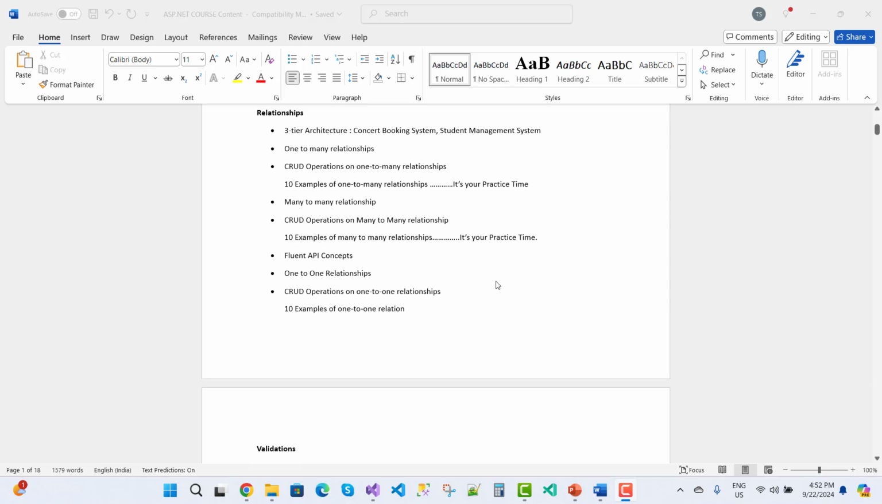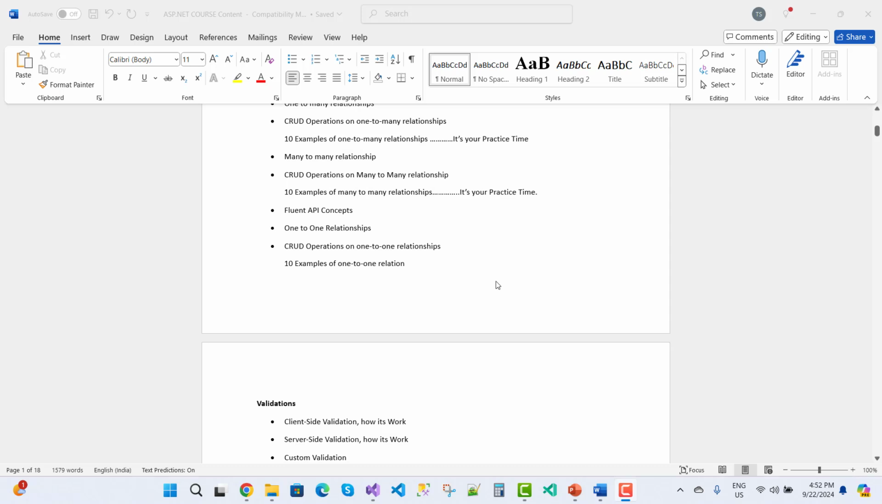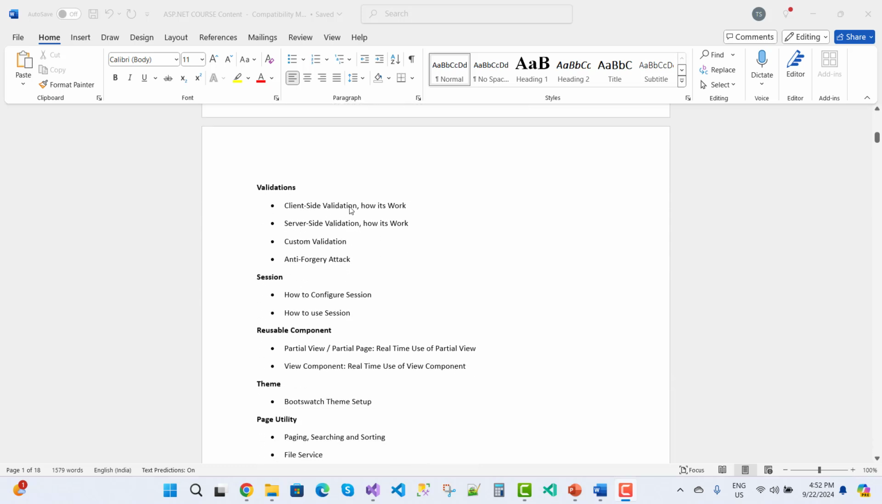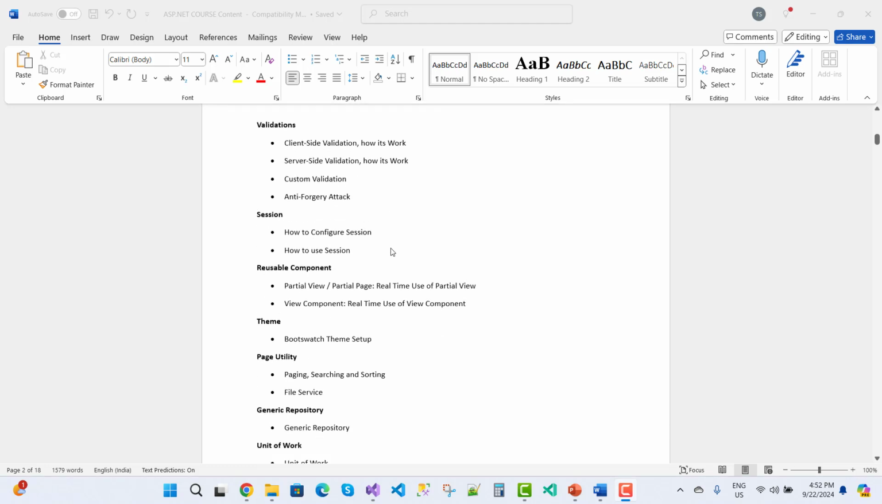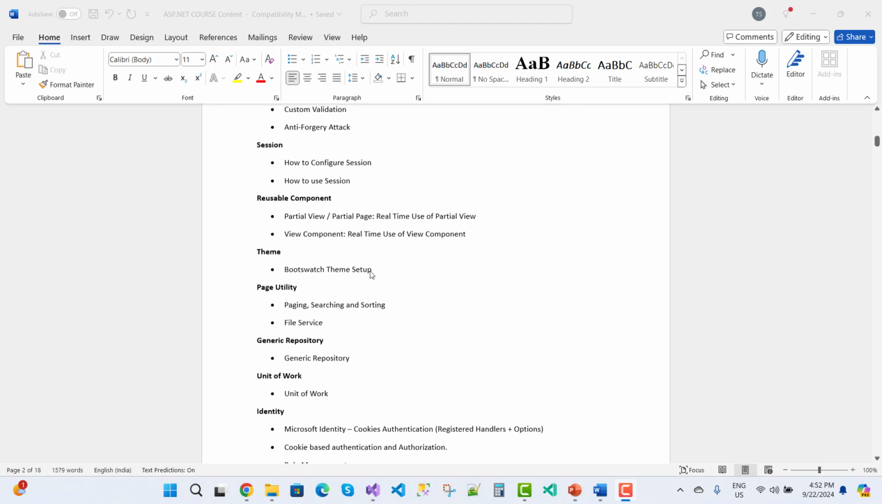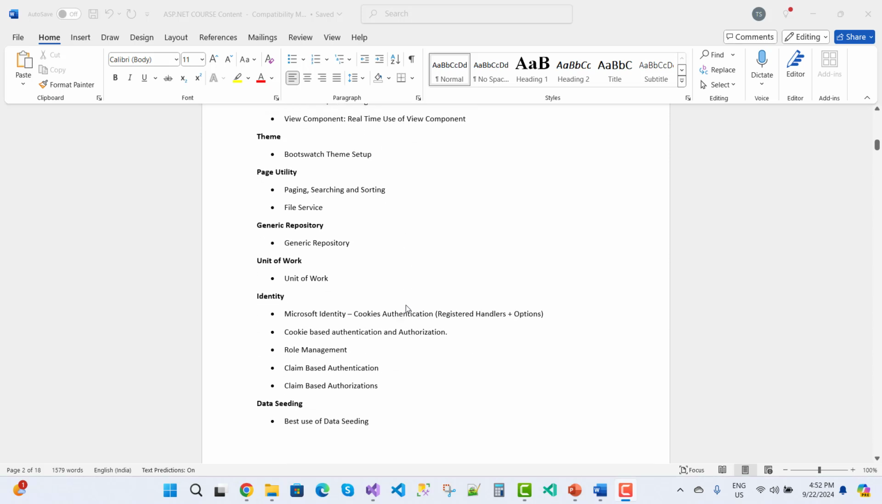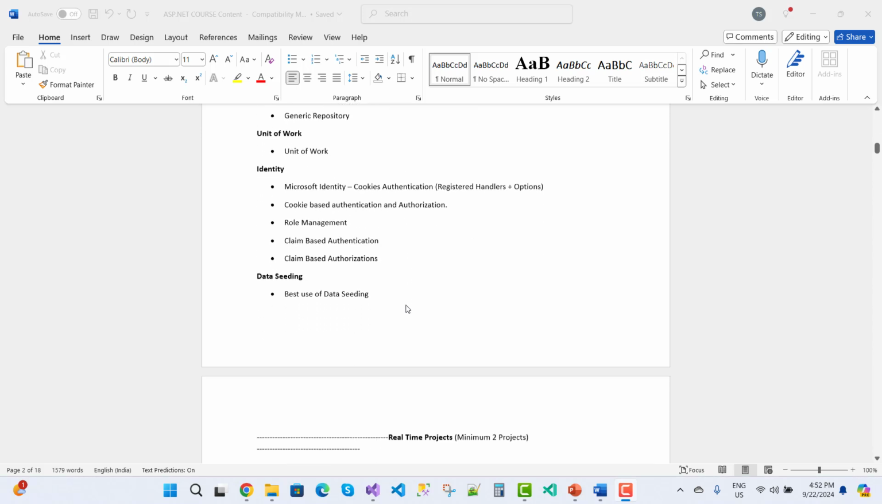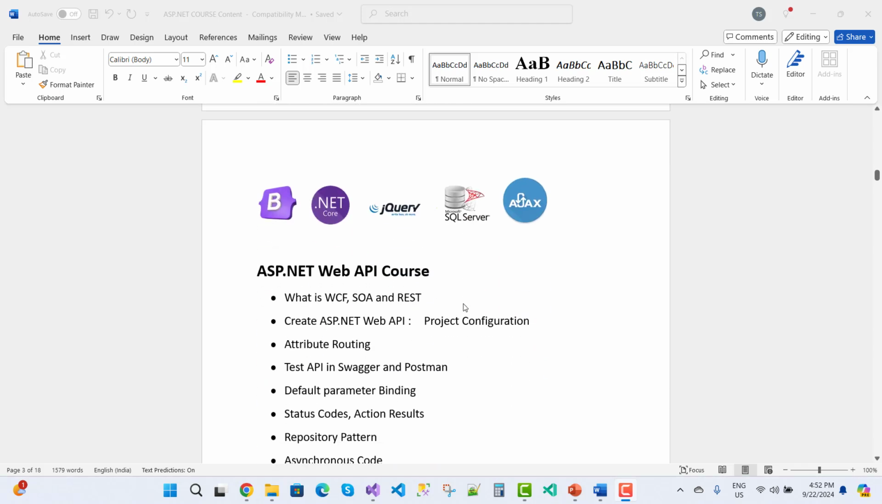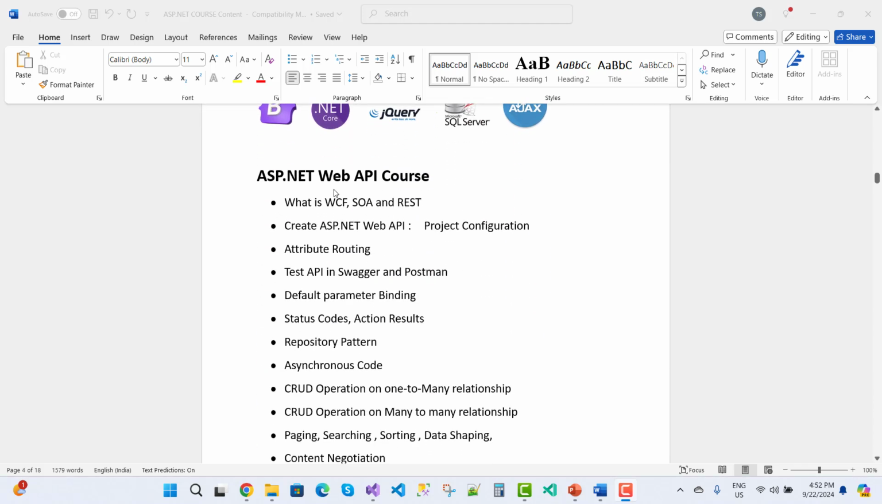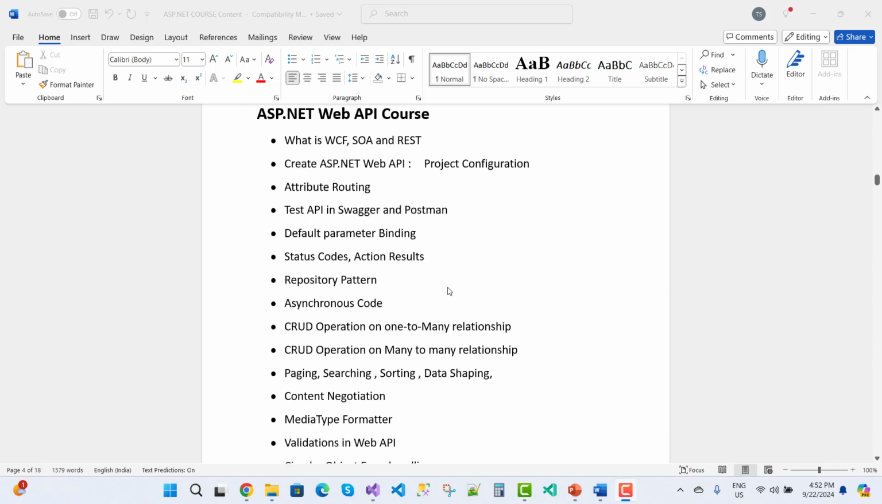And these all are the topics I have just covered in ASP.NET Core, like client-side validation, server-side validation, custom validation, anti-forgery attacks, session, reusable components, themes, page utility, generic repository, unit of work, identity management, data seeding, and all these. Okay. Now the next one is your API course projects, like what is WCF, SOA, REST, create ASP.NET